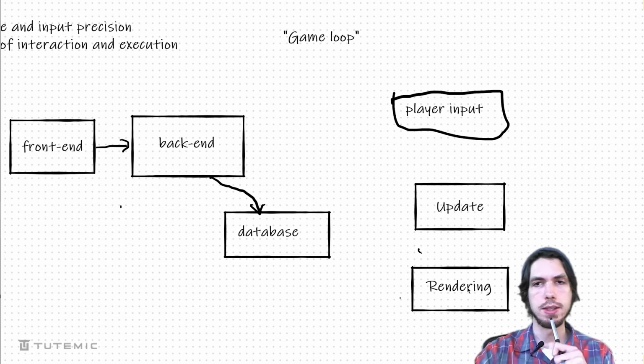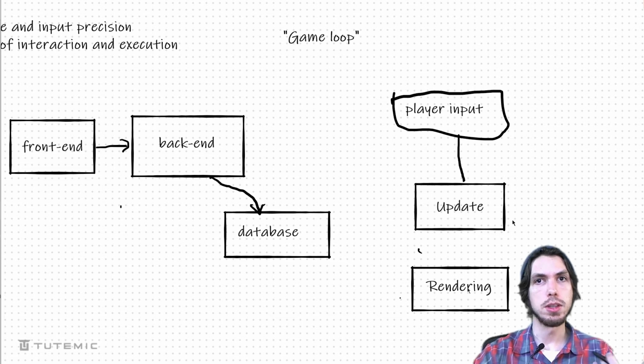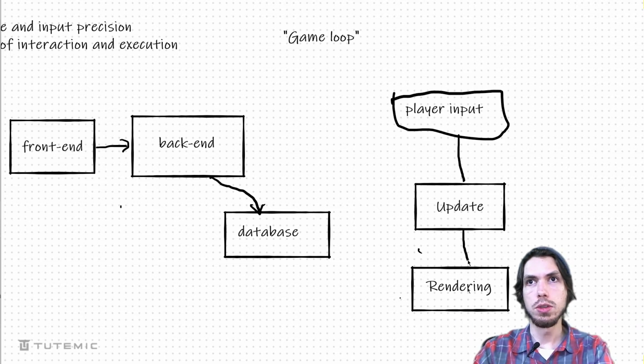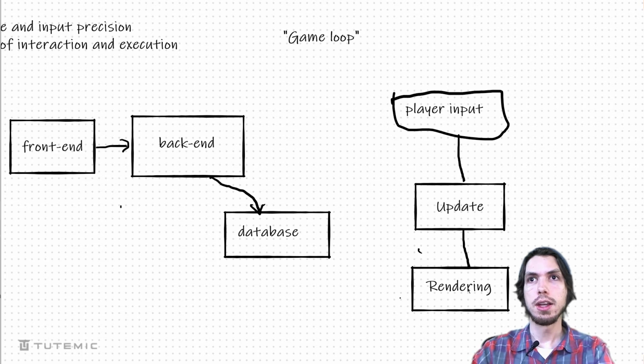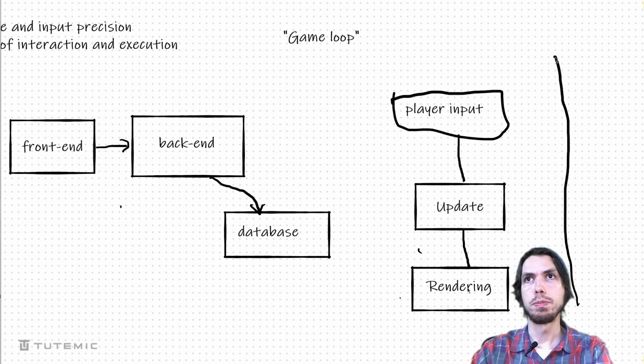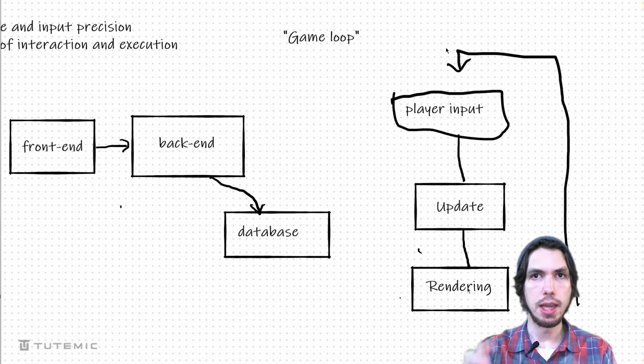And so what happens is that the game is waiting continuously, kind of like a normal application, but not just in this idle state. It's waiting for the player input. And sometimes there's input, sometimes there's not. But whether or not there's input, the game is continuously updated, because if there are enemies in the game, they're moving around, or other NPCs are moving around, or maybe the sky is changing, or all the different states of the game are updating in real time every fraction of a second, okay? And then it comes back up to the top and comes back down, and the next cycle of the game loop occurs.